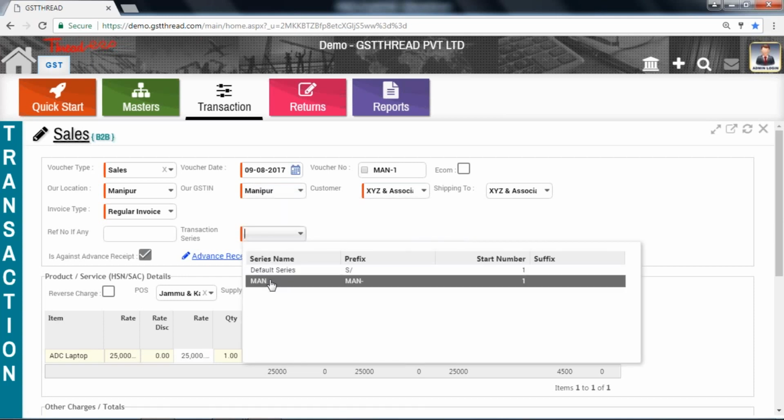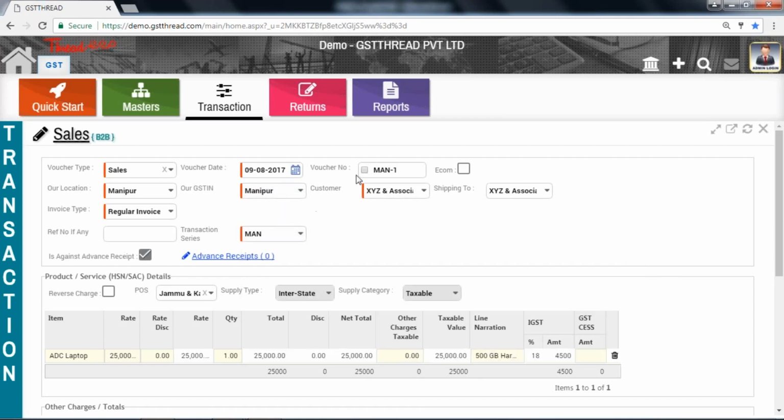If we select it as MAN, then the voucher number shall be automatically MAN1. The next voucher number within the same state will be MAN2, and the third voucher in the same state will be MAN-3. So it will get automatically incremented for the default transaction series that is being set.